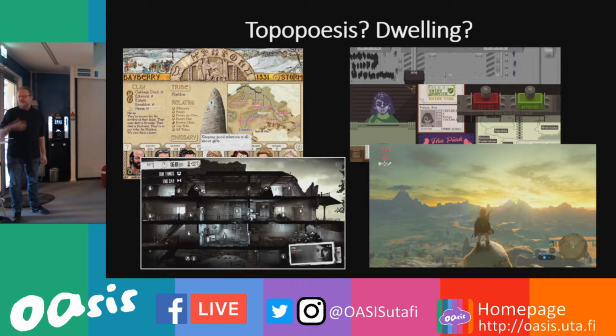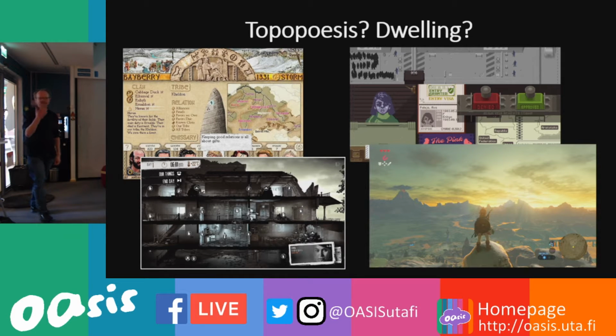And so for the next steps, because I am fascinated by the topopoesis, I also started rereading Heidegger after 15 years, about the concept of dwelling and being in the world in Heidegger. That's why the next step in this journey is understanding how all these things can also be used to understand the sense of place in games.